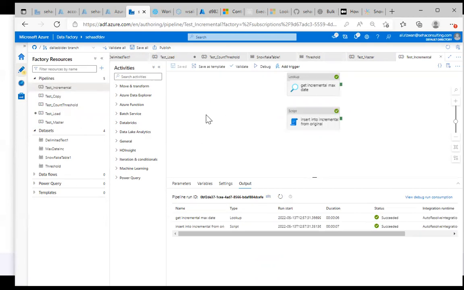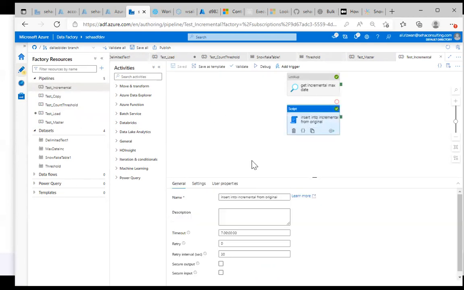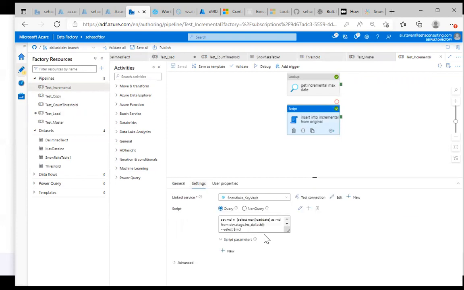In your scripts, you can just call your SQL statements in here. I have an incremental example set up, where I've got an incremental table and an original table, where I take the max date from our original table, and if I check that, hey, if you've got dates greater than the max date in the incremental table, pretty much load that into the incremental table. So I do that example with